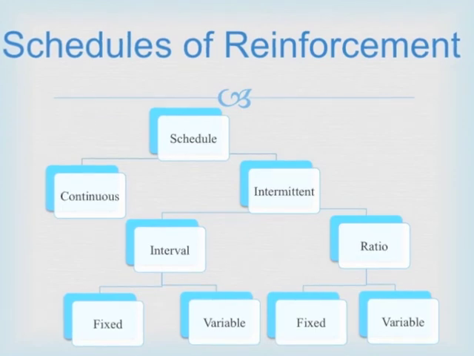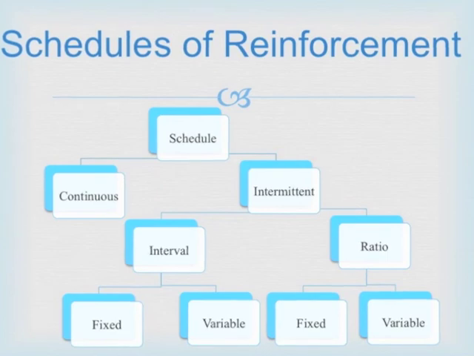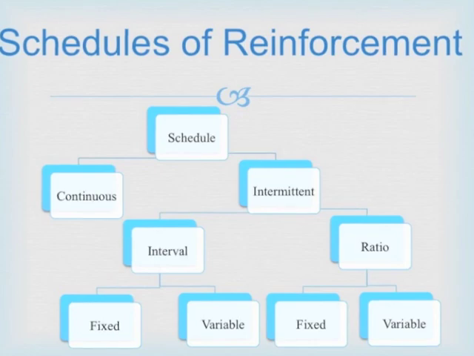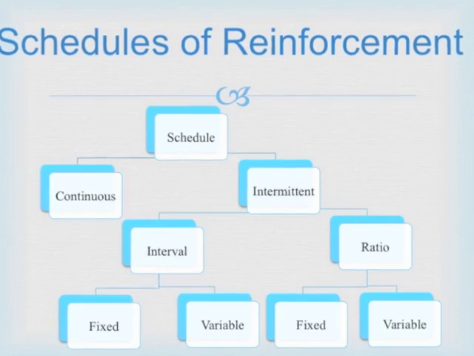So a better way is to have an intermittent schedule where it doesn't happen all the time. It happens at separate times. Within intermittent, there are 2 kinds. The first is interval, and the second is ratio. Interval is at a certain time or at time intervals, and ratio is in comparison to how many times that behavior has happened. So interval has fixed and variable times. Fixed times would be every 5 minutes you would reward a student if they were on task or doing the behavior that you desire. Whereas variable would be